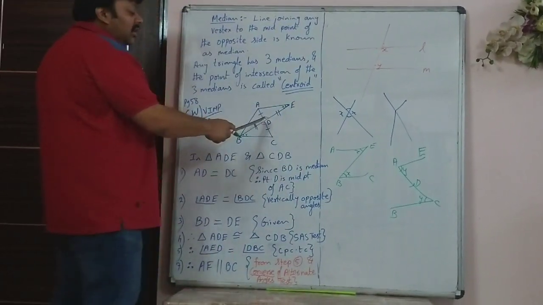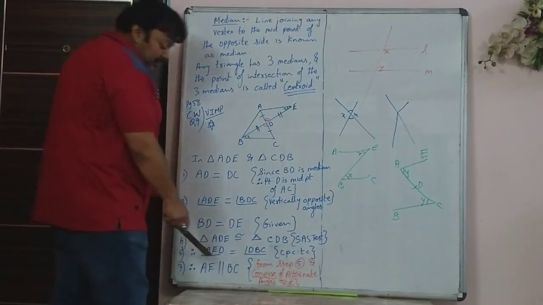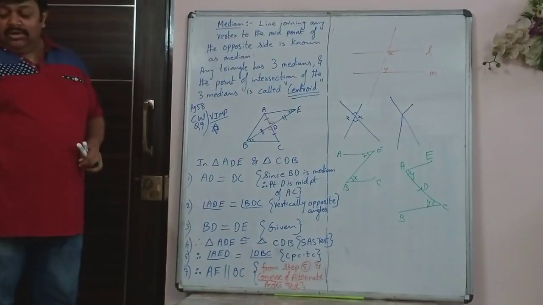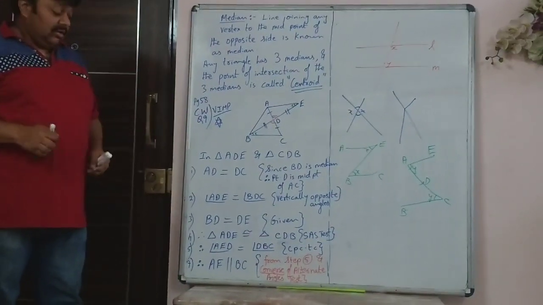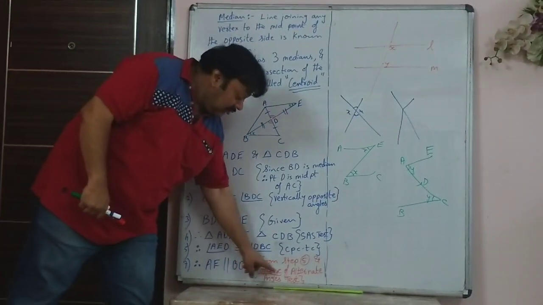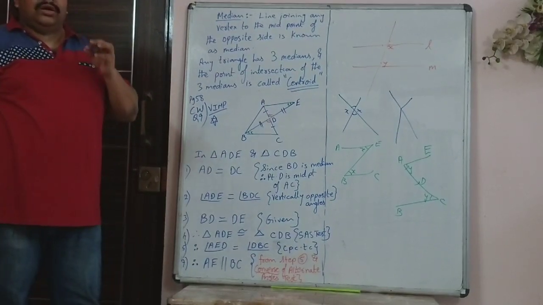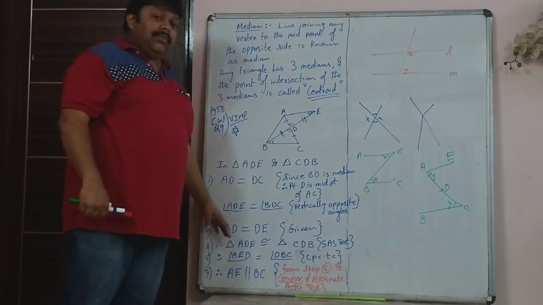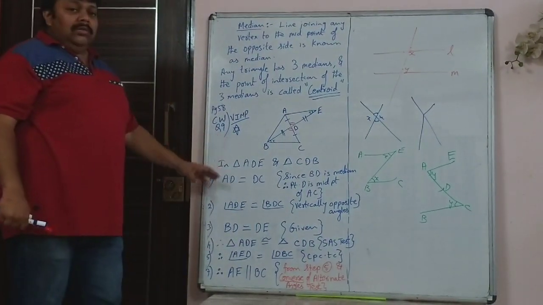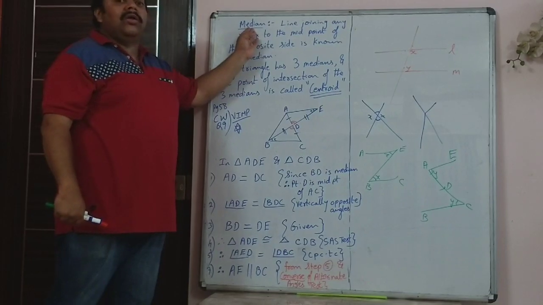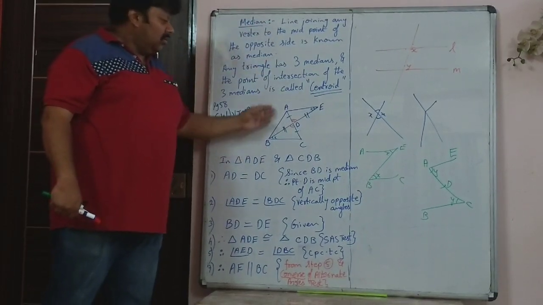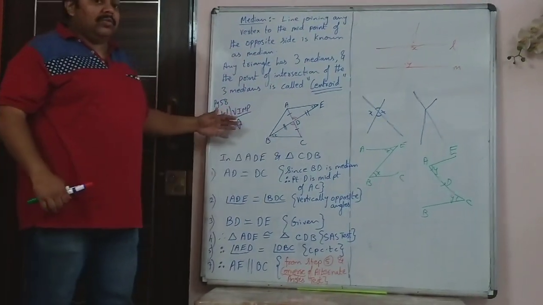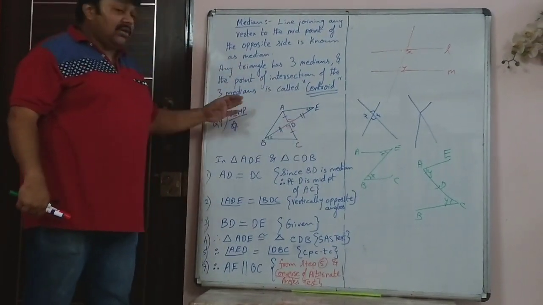I have written AED is equal to DBC by CPCTC. Hence, AE is parallel to BC by converse of alternate angles test. If you don't write this word converse, teachers will definitely cut at least half a mark for that, maybe 1 mark. So this is a very important sum. It's very short, but you ought to know what is the meaning of median, and you ought to draw the figure on your own. So reading the question, interpreting the question and drawing the figure is important.